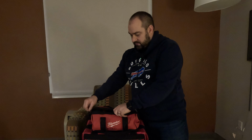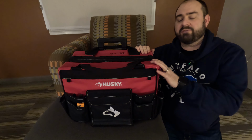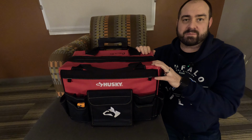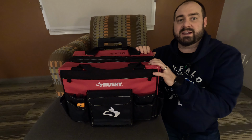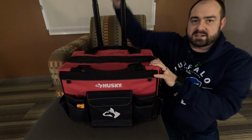And then, like I said, when I'm traveling, I squeeze this inside the Husky bag. Like I said, this is the Husky 18-inch tool bag, perfect for loading up for a flight. You have to be cautious because you can load this up with more than 50 pounds of tools. I always check it on the scale before I get to the airport to make sure I can still check this as a 50 pounds or less checked bag. Again, nice extendable handle,